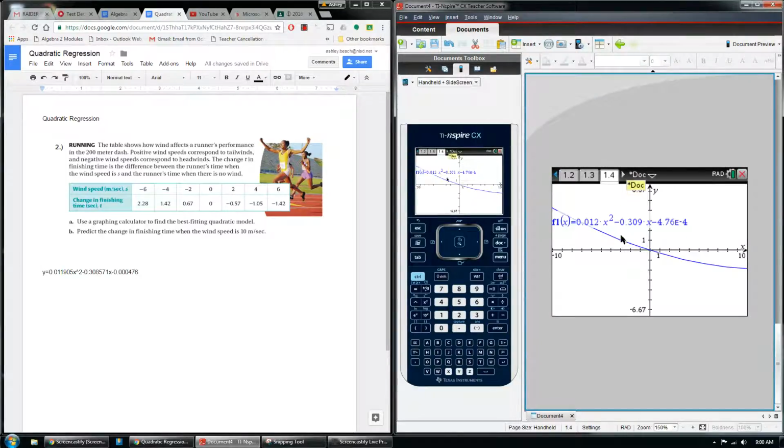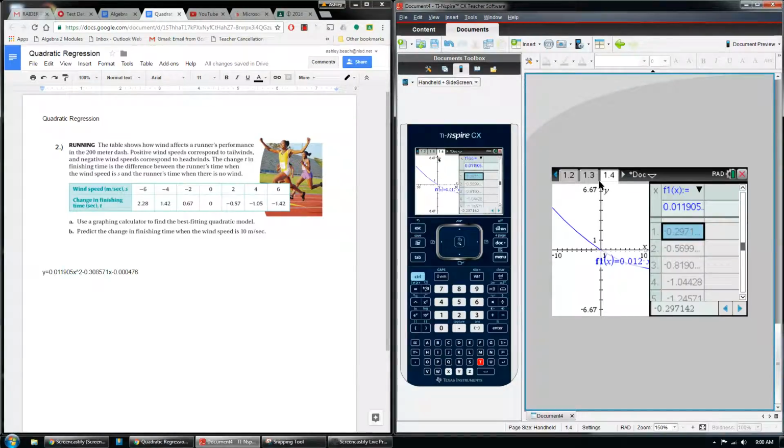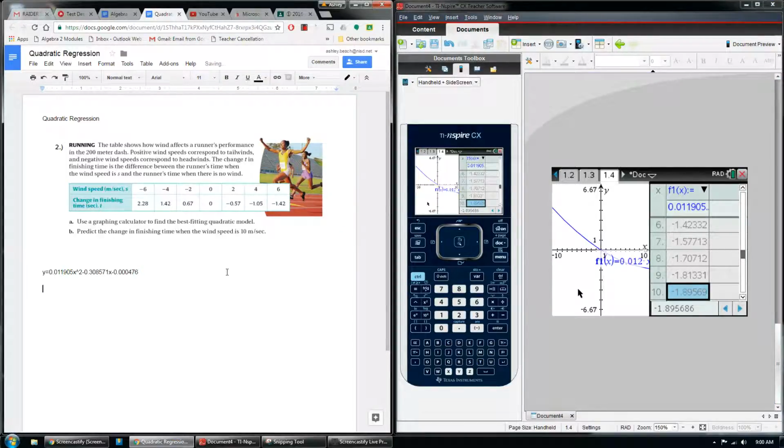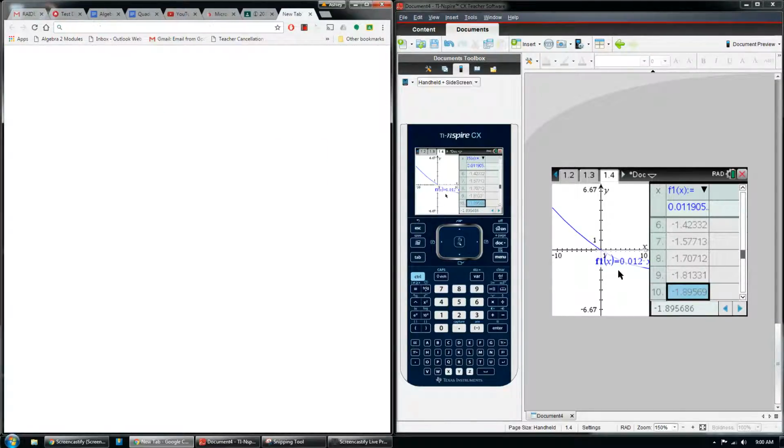And now I can look at the table. So I did Control T to look at the table, and I'm looking for the output when x is 10. So that's negative 1.895626. I wonder if I can copy that. Let's see. I can. So that would be my answer to part B over here. Predict the change in finishing time when the wind speed is 10 meters per second. So based on this data, we found an equation that matched that, and so we plugged that into our graph, and then we looked at the table and found the corresponding value for 10. One more thing, of course, you can